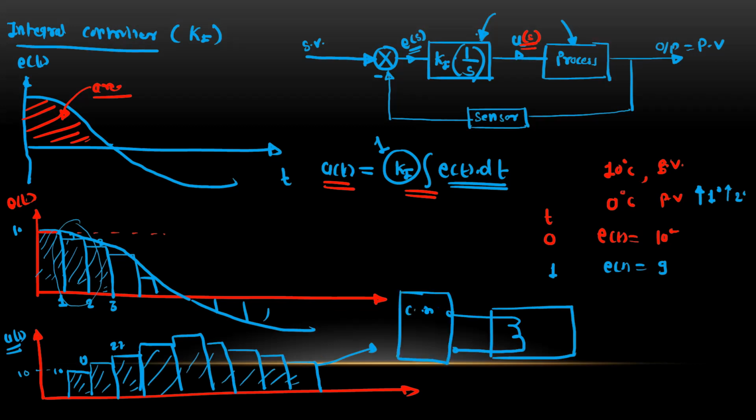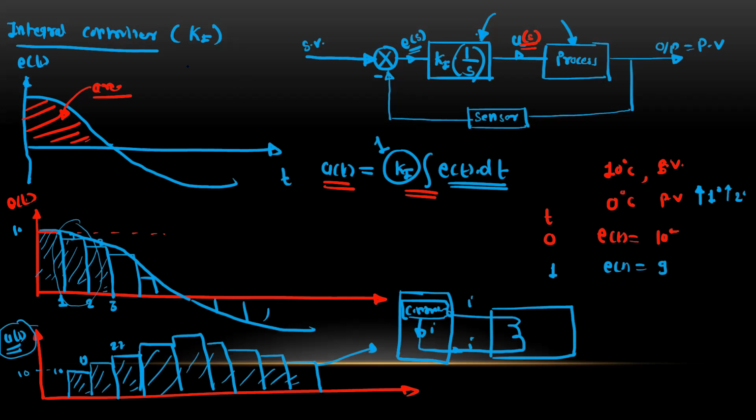So here we have the controller. This controller means these constant values Kp, Ki and Kd, and this controller will decide how much current is to be supplied to this heating coil, so that we will get the desired temperature. So this is how the control action is carried out by using the integral controller. Basically, it tries to integrate the error signal and then generates the output signal. This output signal then controls the output current which is given to the heating coil.